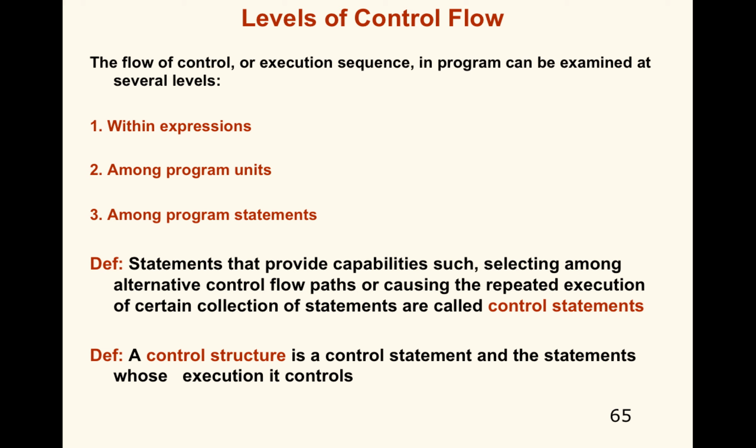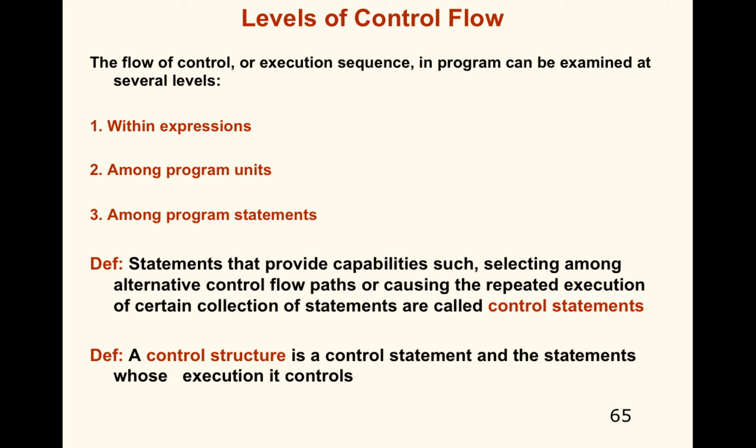And then among program units, a program unit might be a subprogram, like a function, and within the function there's a particular control going on, and you're controlling how the function is operating. And then among program statements, this would be if I was running main and making instances of objects, or if I was running functions or doing whatever, that would be program level statements versus among program units or among program subunits.